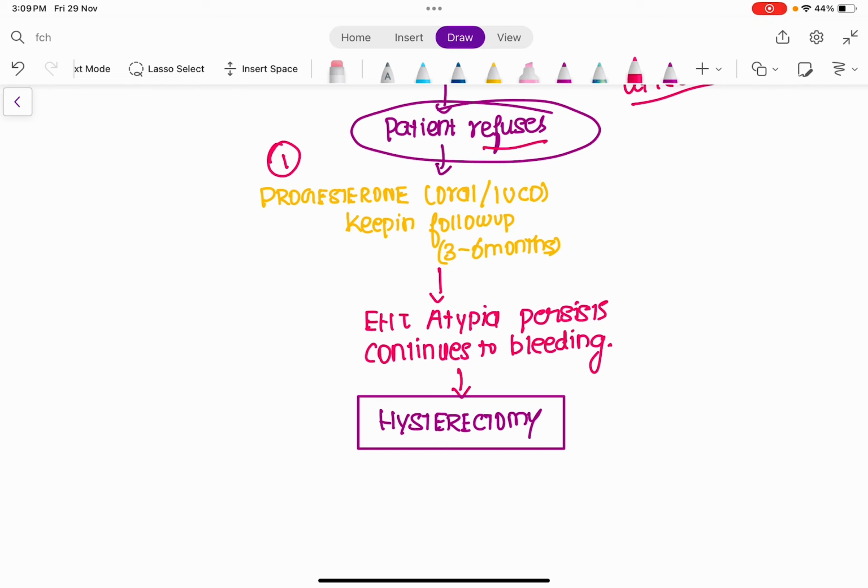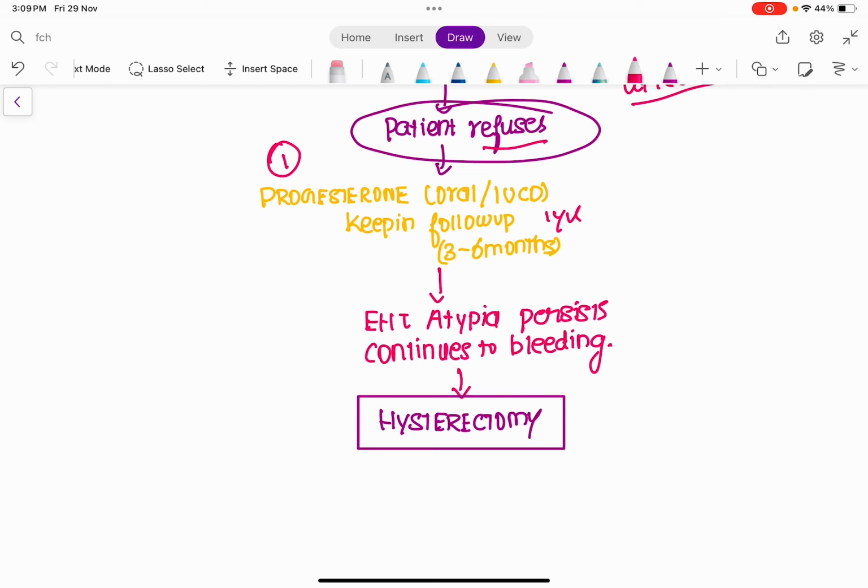Progesterone is anti-proliferative in nature. It supports the endometrium. It settles the uterine bleeding. It is going to correct the uterine bleeding, right? So you start the progesterone either orally or by IUCD Mirena. And you also keep the patient in follow-up for the next 1 year. For the next 1 year, keep the patient in follow-up. So for the next 1 year, every 3 months or every 6 months once, you're going to repeat the endometrial